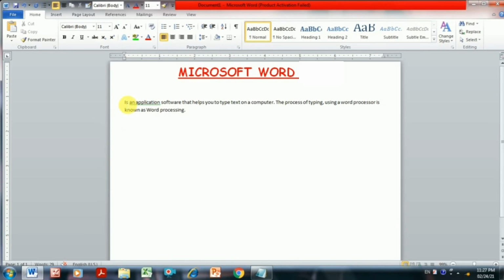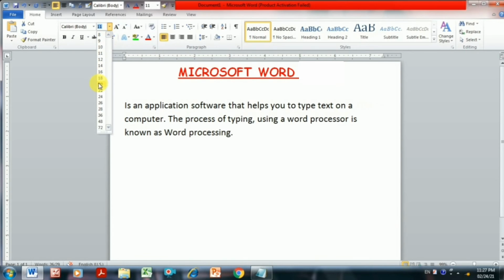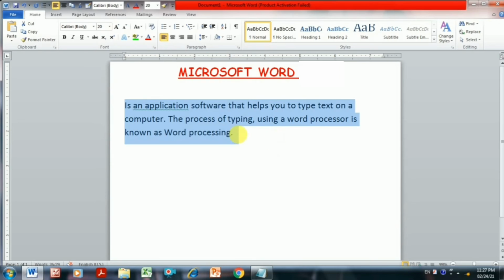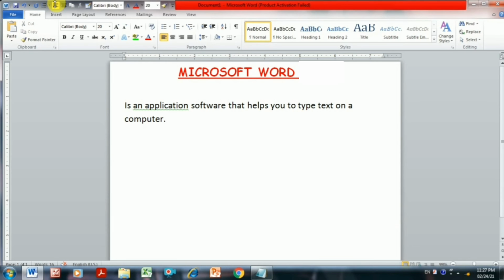Now, as you can see, I have typed some of the text down. So here also you can change the size of the text. Okay. So by this way, you can type the text and you can format it. Now, if you want to delete some of the thing, first you need to select the particular text that you want to delete. For example, I have selected the second line of the text. And now, after selecting, just press the delete button from your keyboard. Automatically the text will get deleted. By this way only you can delete the text.